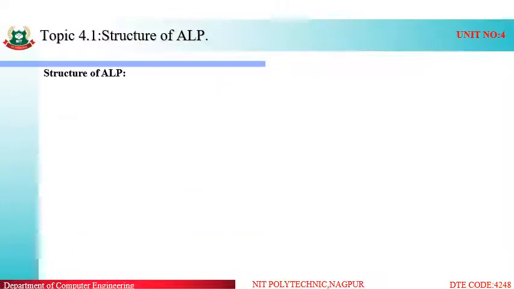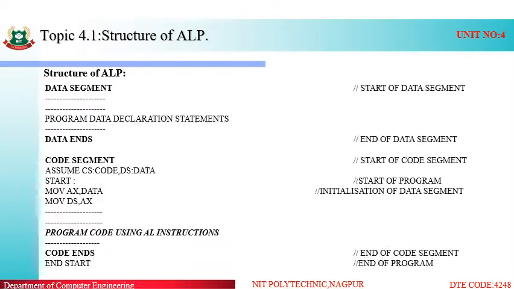Now coming to the structure of assembly language program, it is also called the format of assembly language program or skeleton of assembly language program. Now what does this structure specify? It gives a sample template. So we have to follow that sample template and write our assembly language program. We have to strictly follow it about how to write the assembly language program.